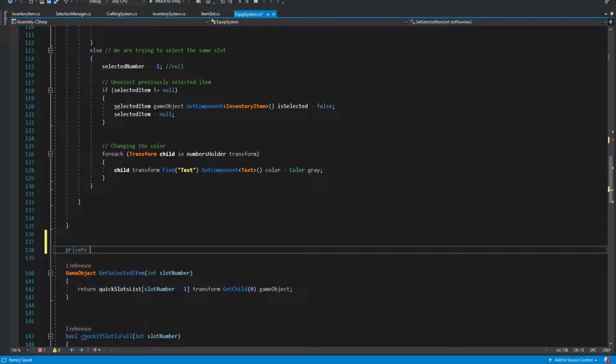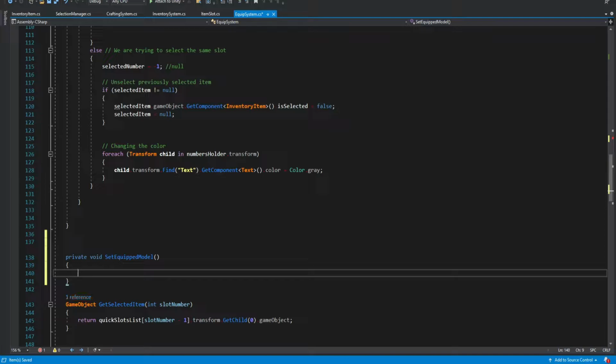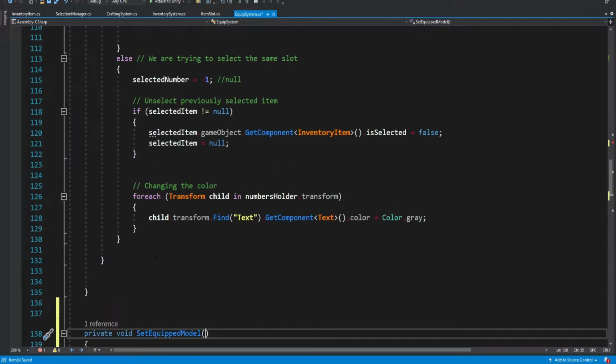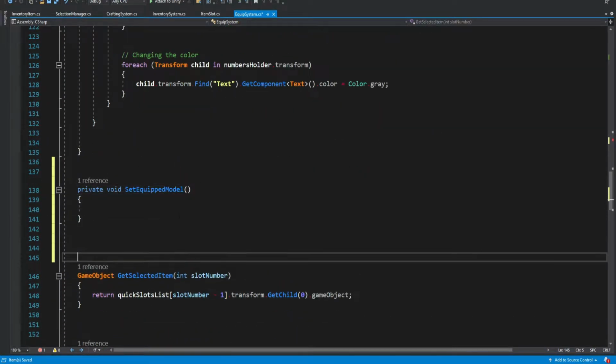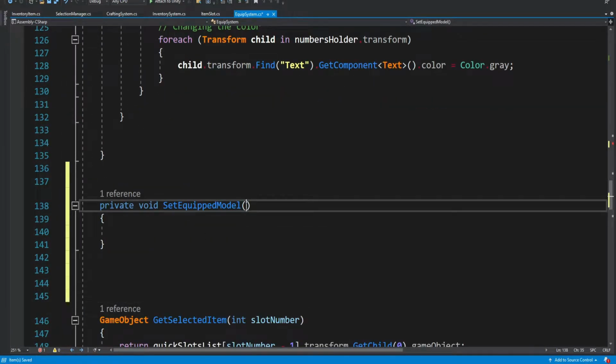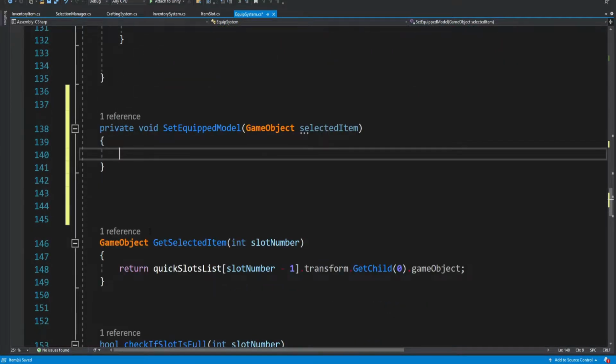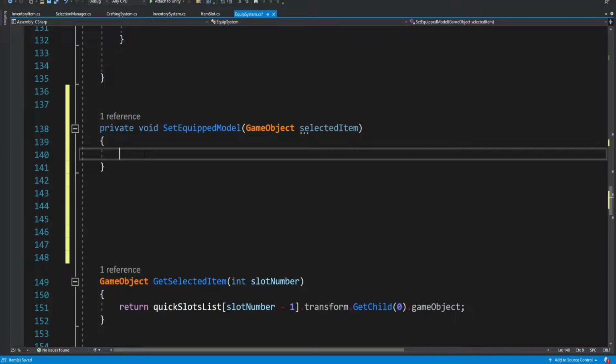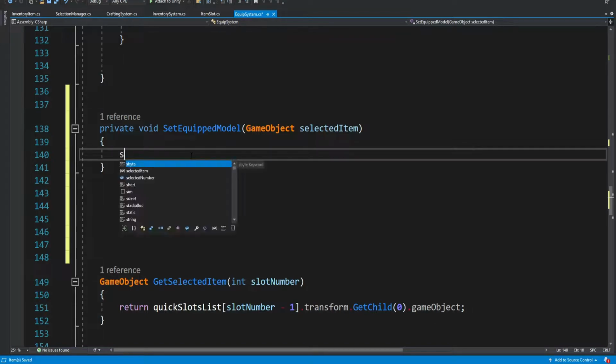So private void, and there's going to be one parameter, which will be GameObject selectedItem, okay? Now inside, when we receive this selected item, all we want to do is to take its name, okay?